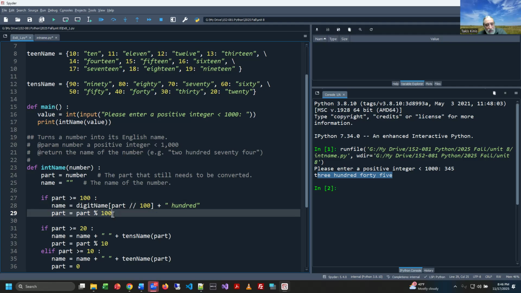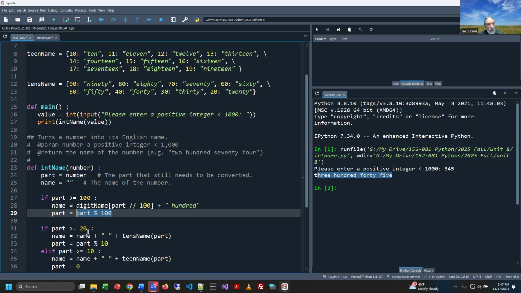Then notice what happens after that. Then we do modulus. So think about what happens. I divided by 100 and I got the whole number amount. Then I have a remainder, right? I do the modulus on the same number. So I take 273, mod it by 100, and what do I get in that situation? Well, the 2 is taken away. We're not looking for how many times it goes in. We're looking for the remainder. The remainder is 73. So now inside of part is the number 73,